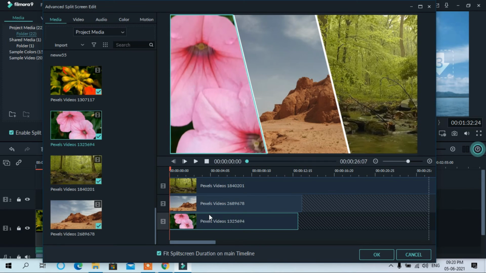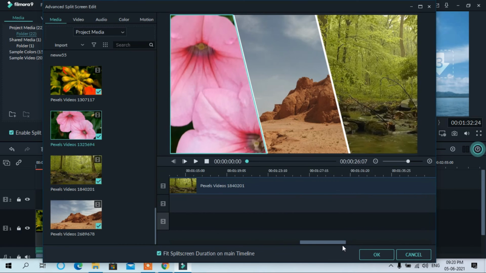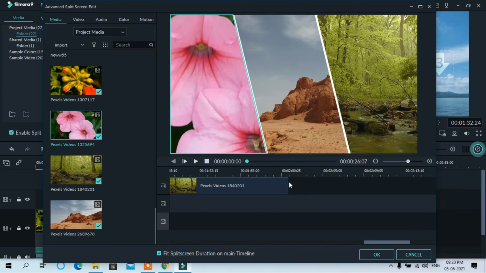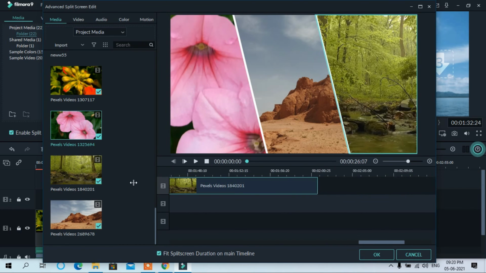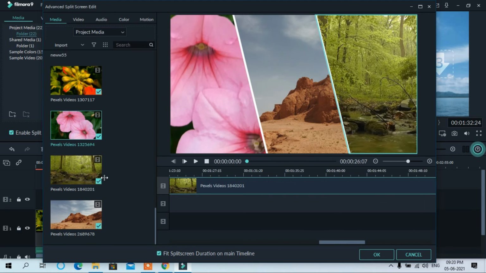Here you have to adjust the timing of the video, because this video is bigger, this video is small, and this video is smaller still. You have to adjust the videos. I will use this timeline and shrink the videos accordingly.